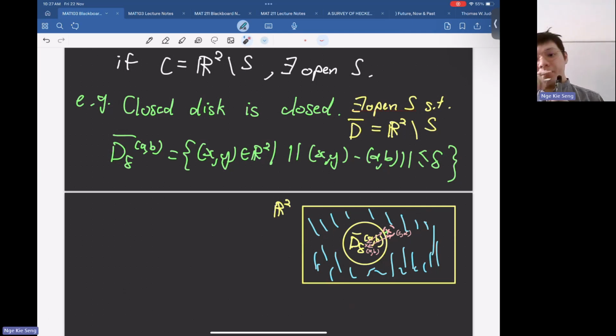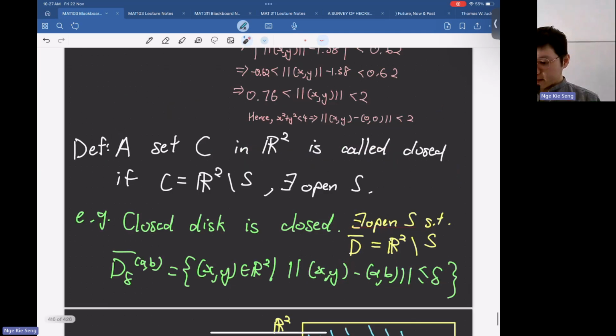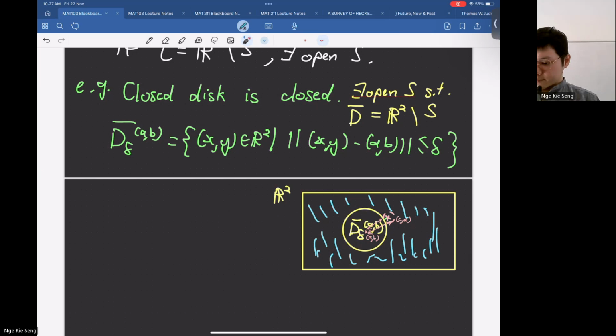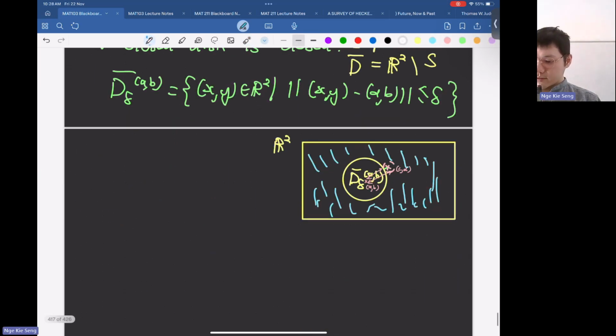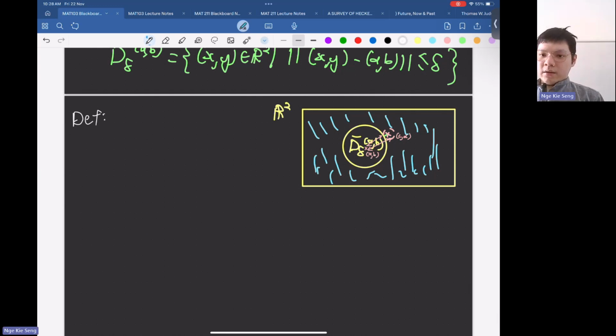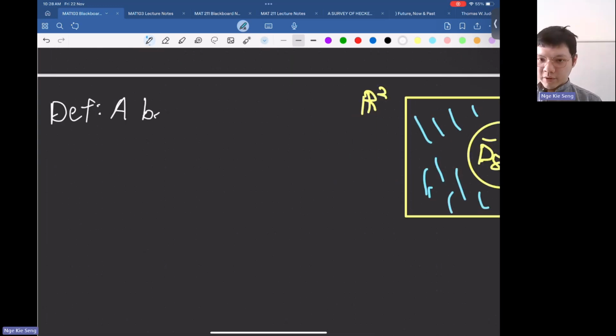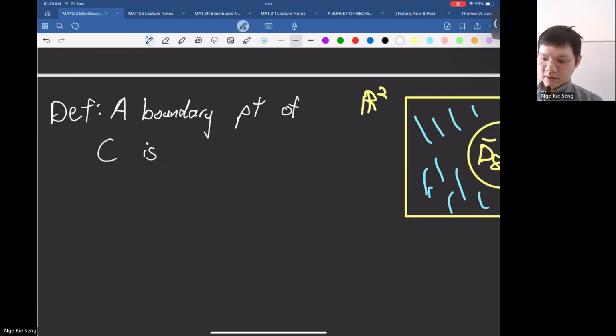Okay, right. So closed disk is closed, but like what I told you last time, we can define closed using boundary points. Okay, so let's write down another one. A boundary point of a set C is an element AB